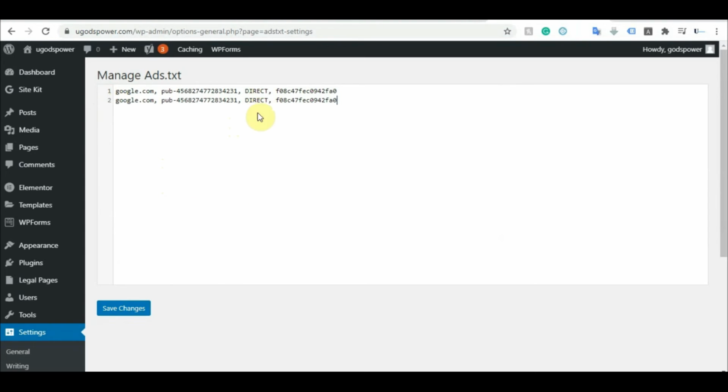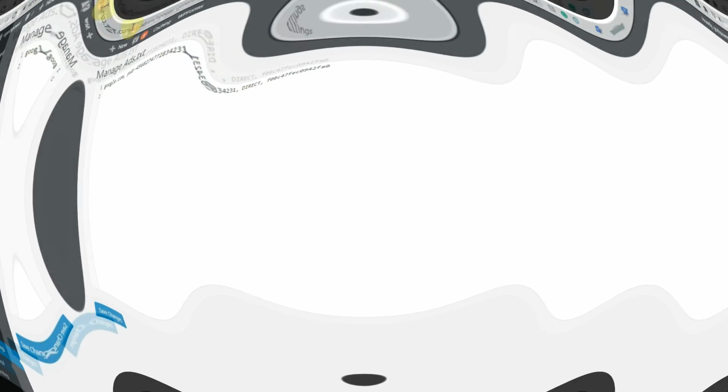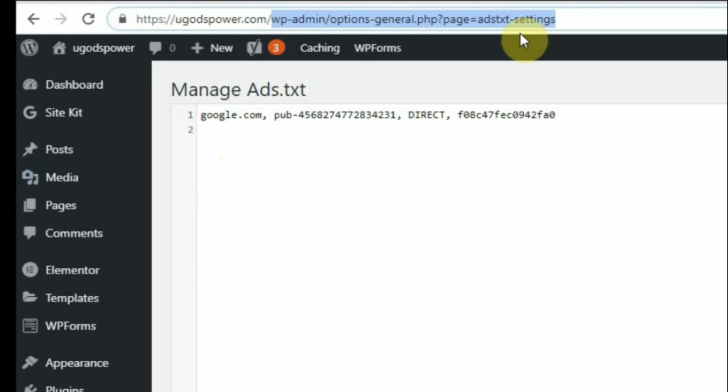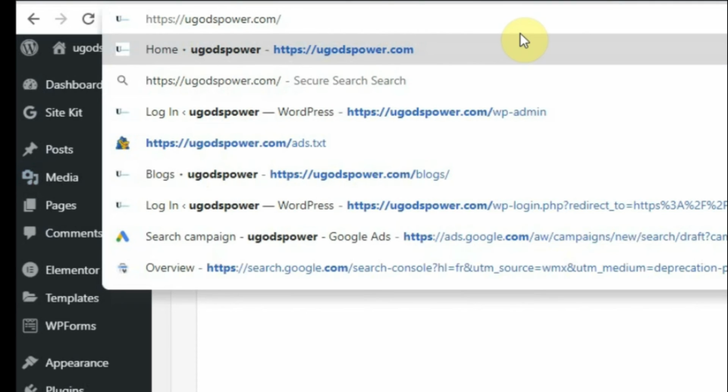Once you save changes, to see if this is really working, there's something you need to do, a technique that Google is telling us to do. We need to search for our site slash ads.txt. Let us enter it here.